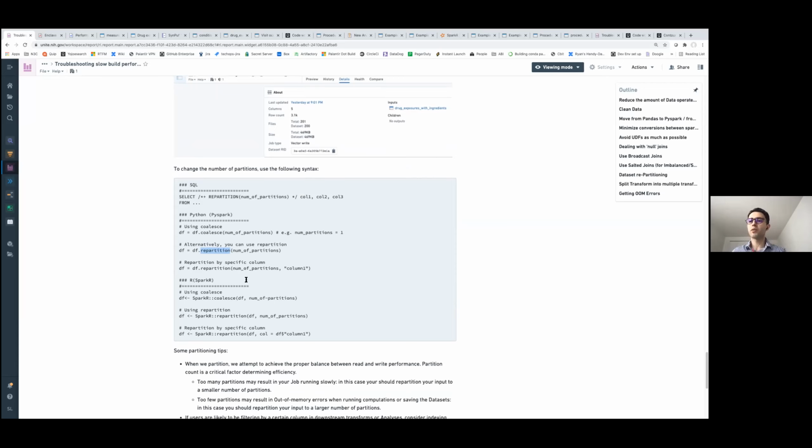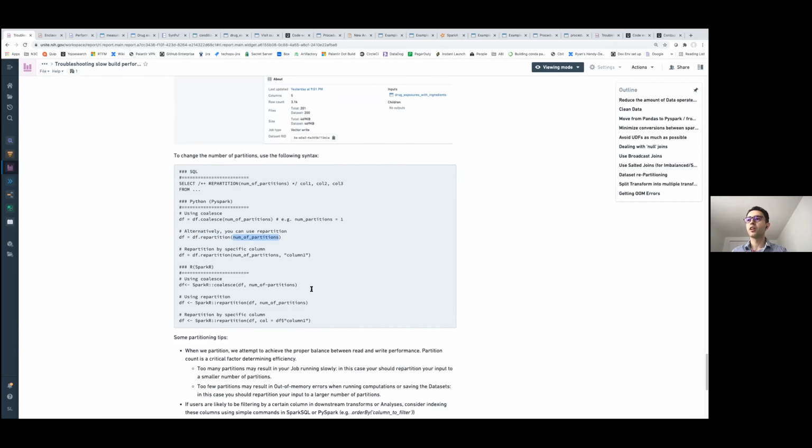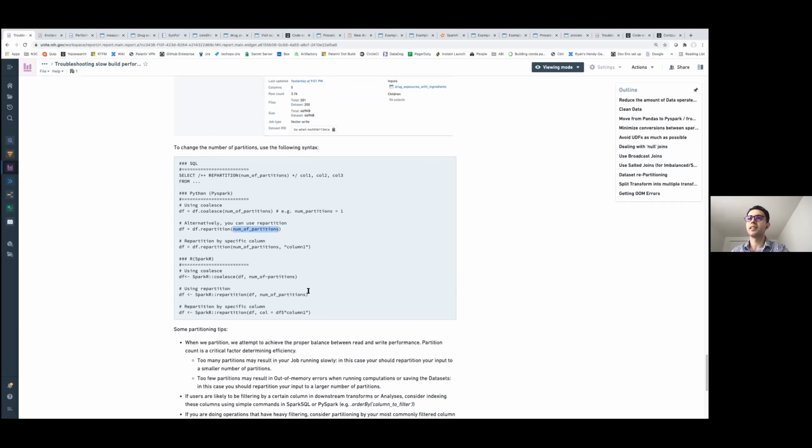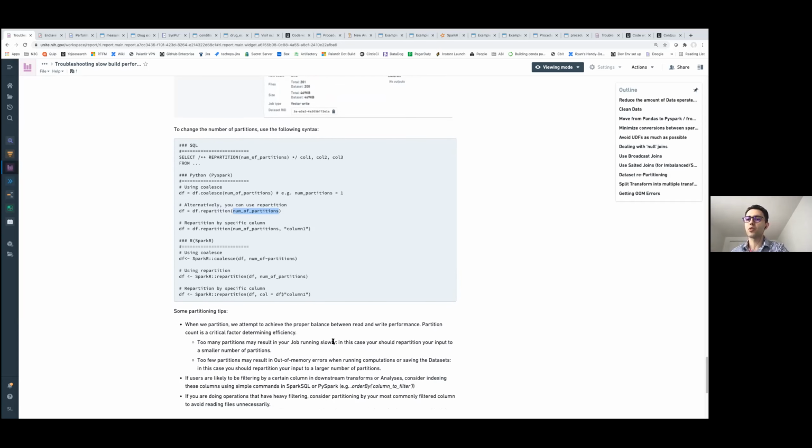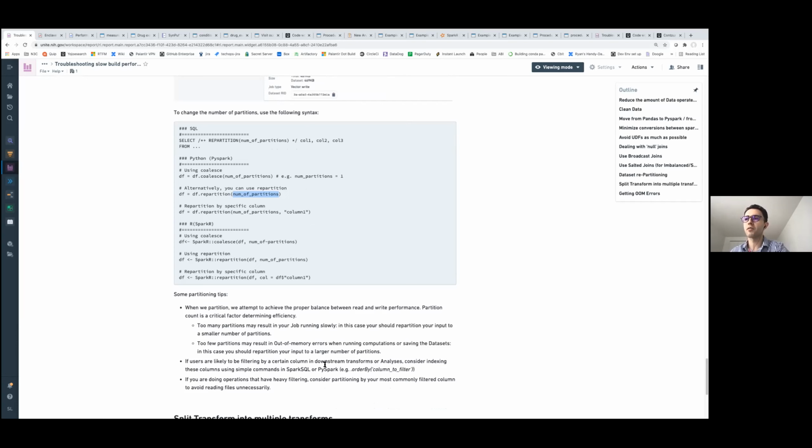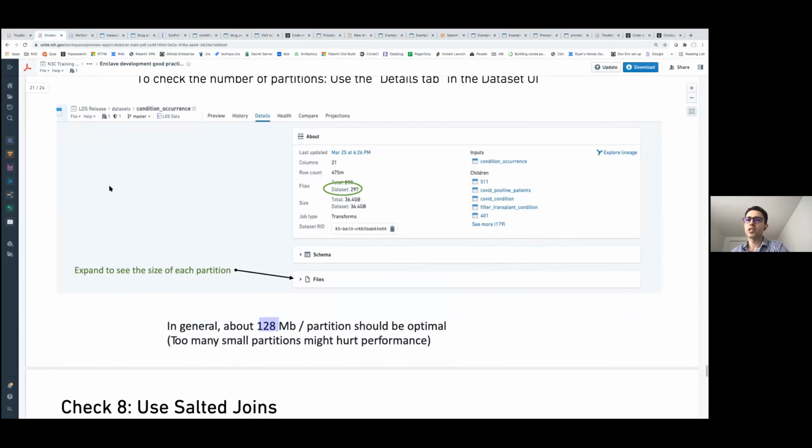You can also do a repartitioning by key. And what I mean by that is, if you know that you're going to perform a lot of the queries and a lot of the aggregations or joins on a specific column, for example, person ID, it makes sense to repartition not by providing a fixed number of partitions, but by doing a repartition by person ID. That helps optimize your queries, because you're going to be doing a lot of the joins or filtering or aggregations on that specific column. So that's on repartitioning.